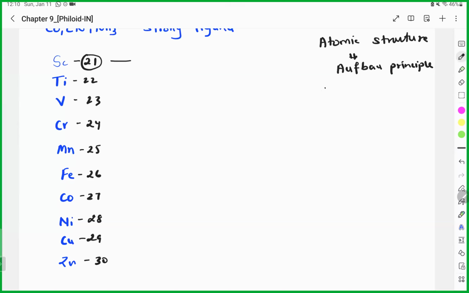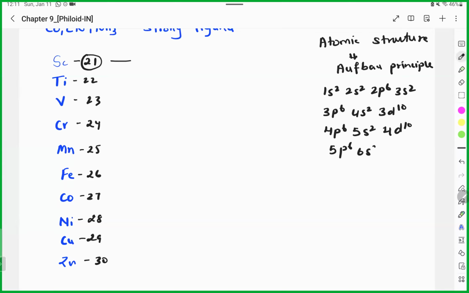Like 1s2, 2s2, 2p6, 3s2, 3p6, 4s2, 3d10, 4p6, 5s2, then 4d10, 5p6, 6s2, then 4f14,